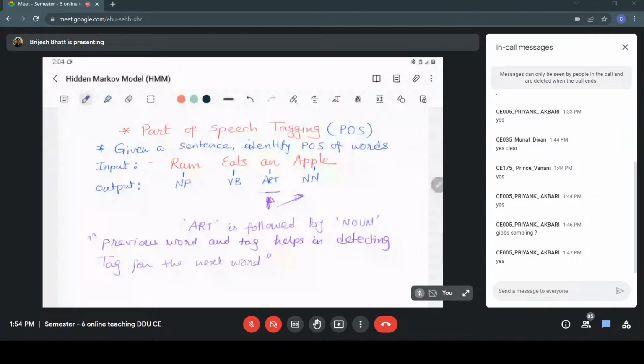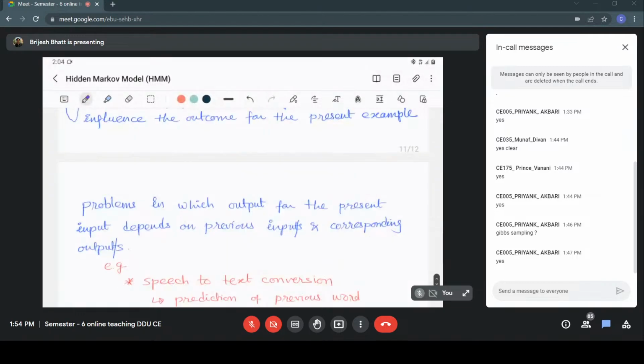So we want a model where you get the previous input and output and use it to predict the tag or label for the next input, which we have not done so far in classification. We have not done this. So this is a different type of problem that we are talking about, and this kind of problems are known as